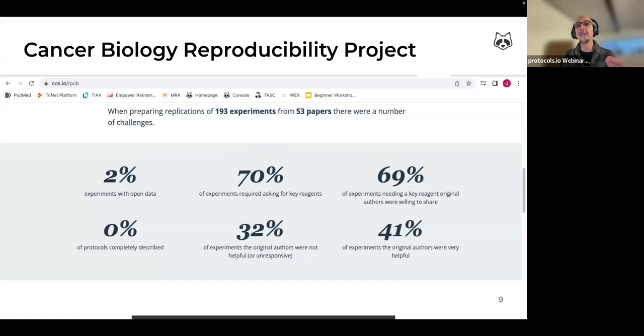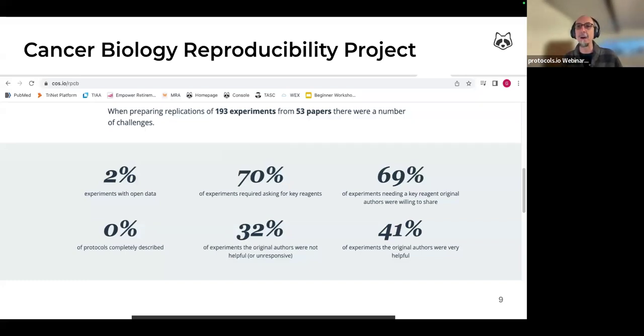What the researchers discovered very soon after the project began is that it is very difficult to replicate previously published work. There are several reasons why, but one of them is that the original researchers didn't document in their articles with enough detail what they did and how they did it.